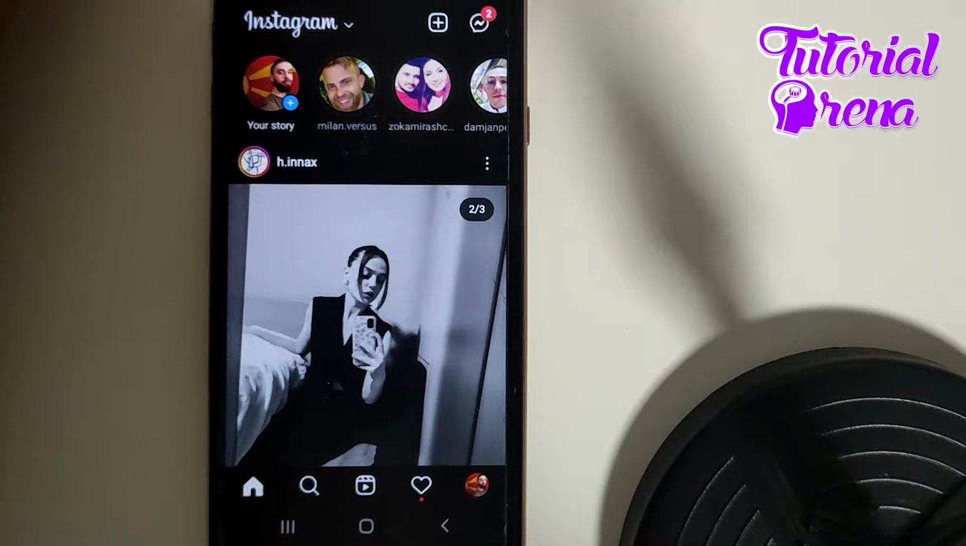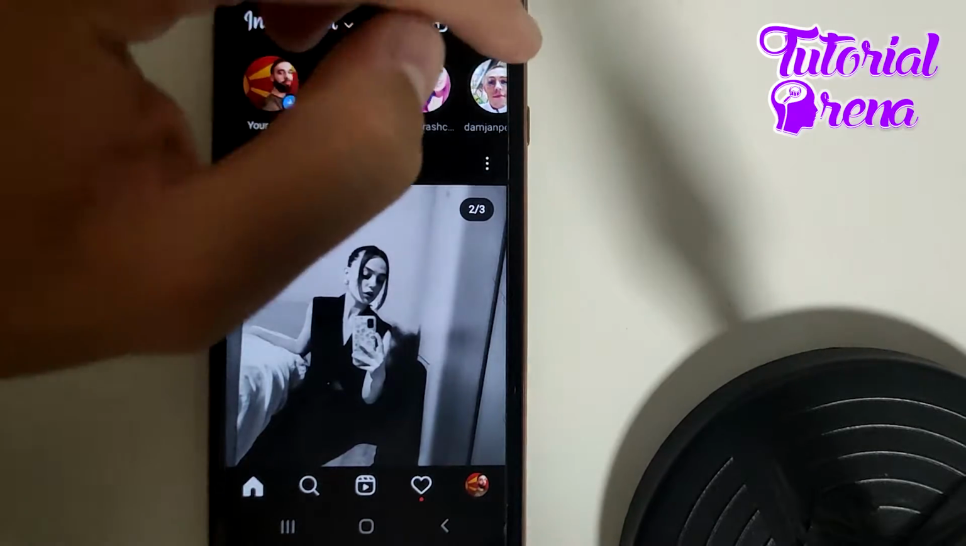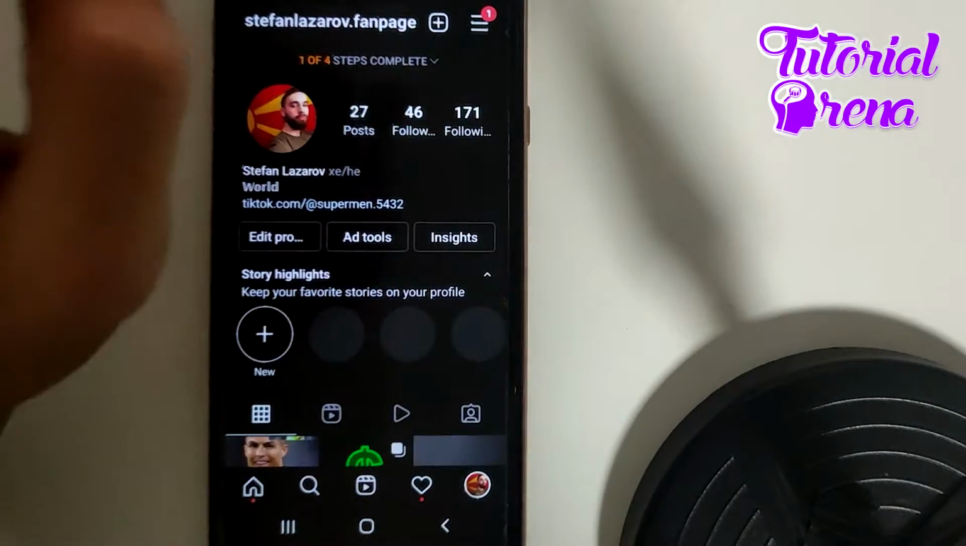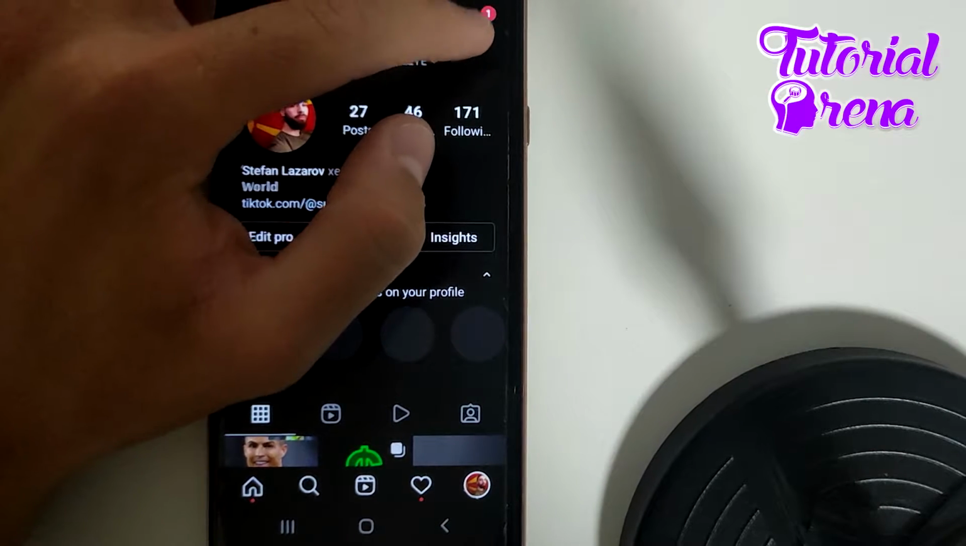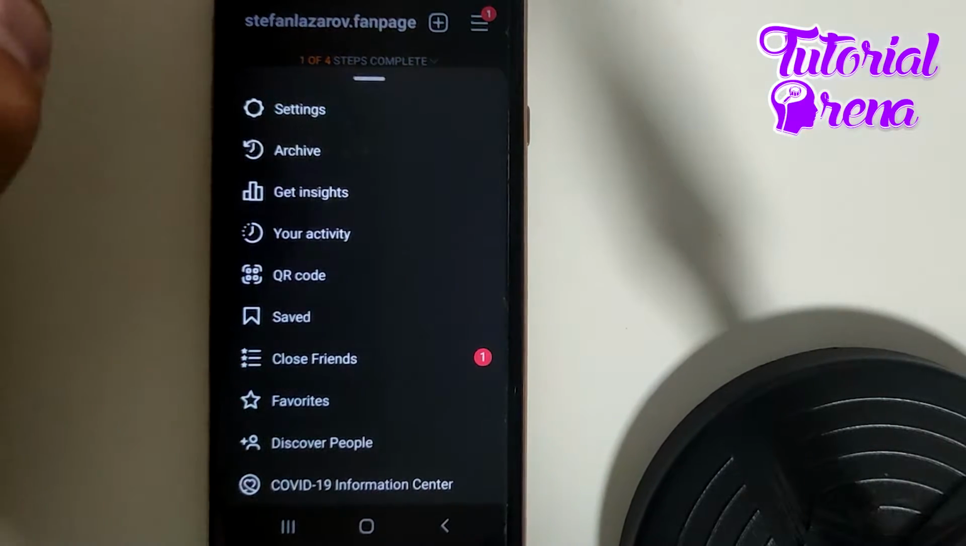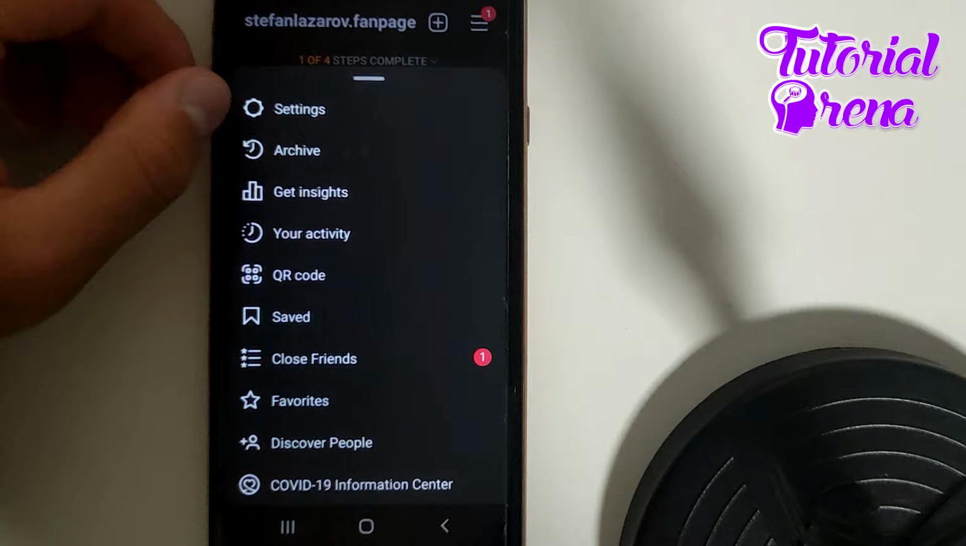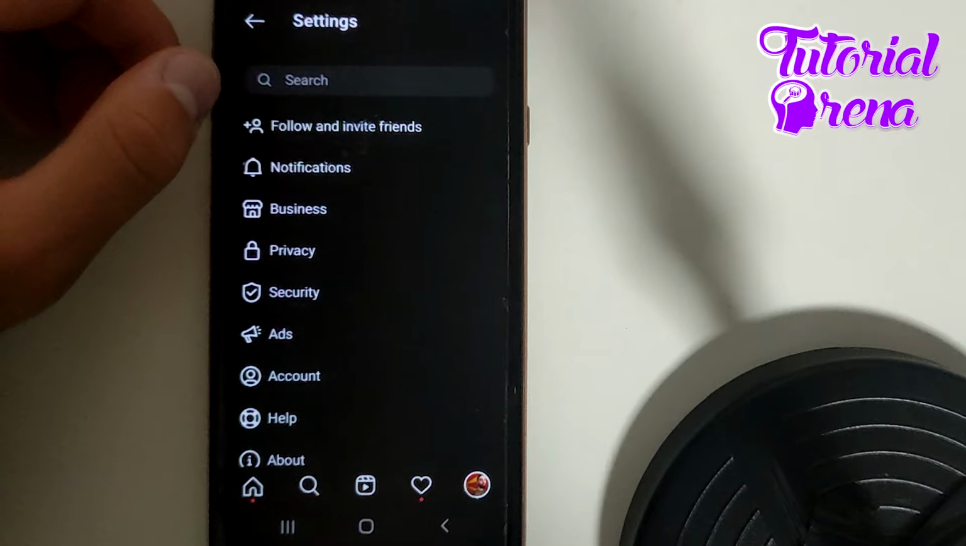In this video, I will show you how to change Instagram notification sound. Firstly, you need to get right here into your profile section on your account. Then you need to tap on the three dots on your right upper side. When you get over there, you need to tap on the first option, which is settings, and here you're